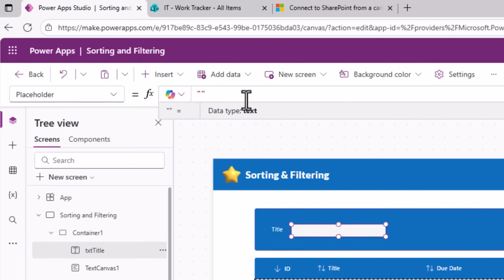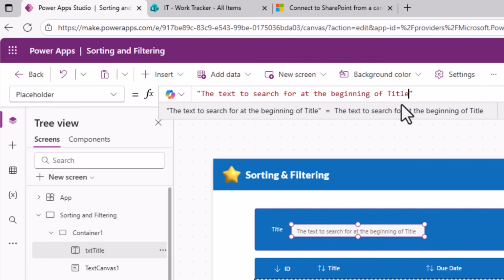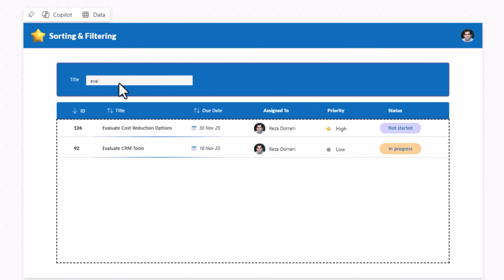Now when this filter text box is empty, I would suggest for the placeholder text, this is where you can give some hints to the user about what this control does. I'll say the text to search at the beginning of title. To give the user an easy option to clear the search text,